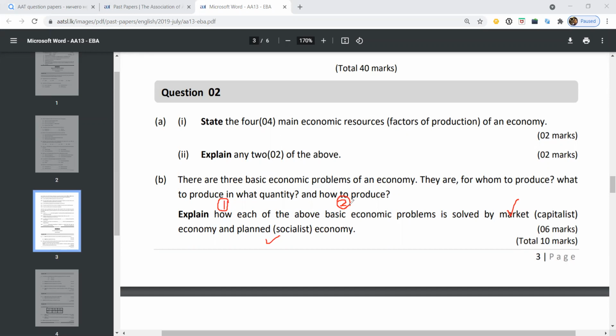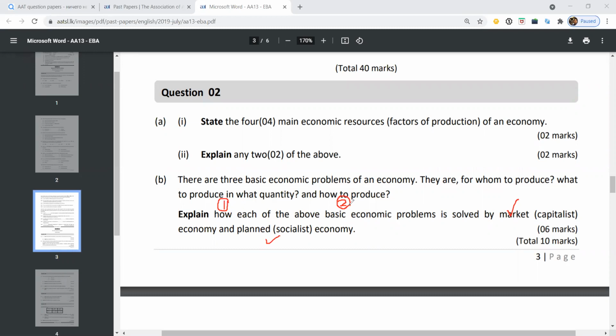Earlier it was allocation of resources, right now technology is considered. So the market economy concentrates on cheap production technique